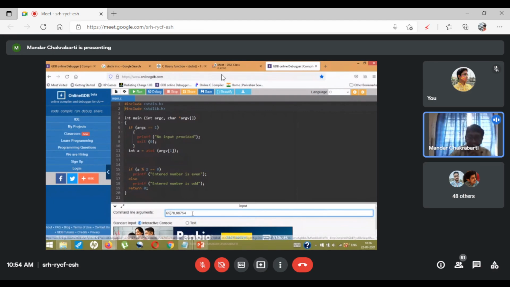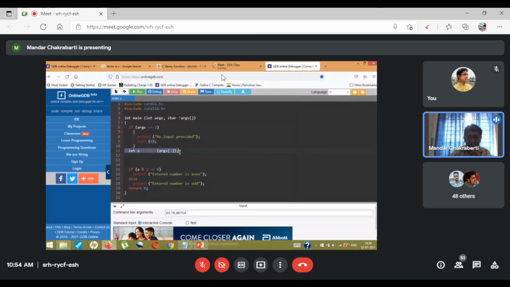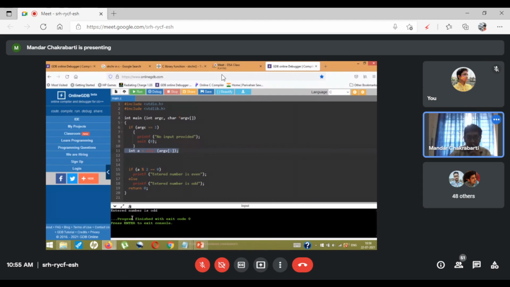So in that case, what extra process do I need to apply? Just simply applying the atoi function is not going to work. Because if I were to provide something like this, and I run this code, it's going to work for this code. Why?